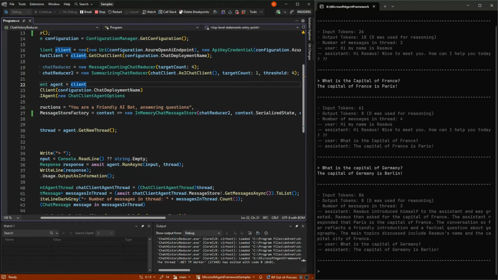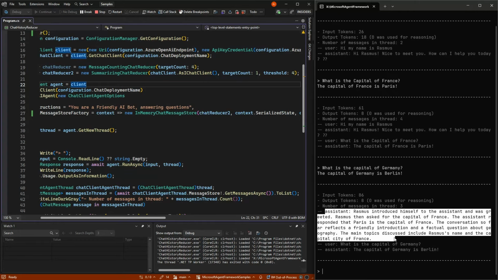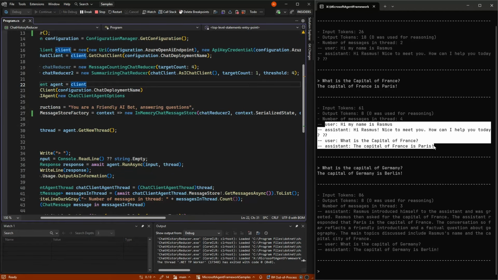And now something different happens in that we have 3 messages left. We have one here, which is a summarization of what has been talked about until the question about what is the capital of Germany. So we essentially took everything that was here and summarized.